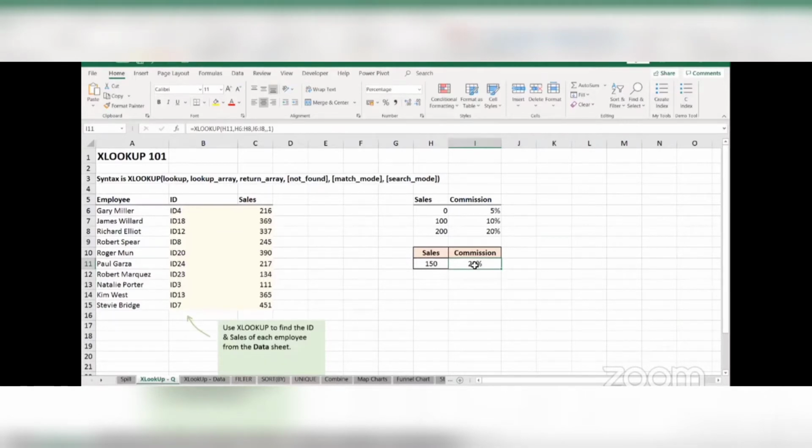But here we have the option of going with the larger item as well, and that is another benefit of XLOOKUP. So as you can see, we have the match mode being multiple things, if not found, search mode, the removal of limitation of the left hand side lookup. We have multiple advantages as compared to the VLOOKUP and the HLOOKUP when it comes to XLOOKUP.